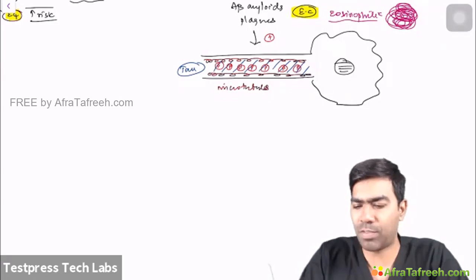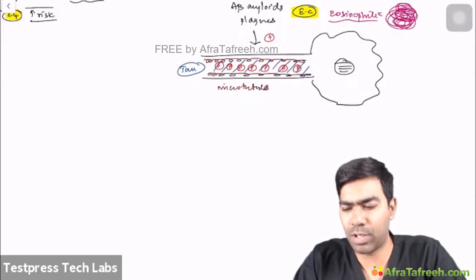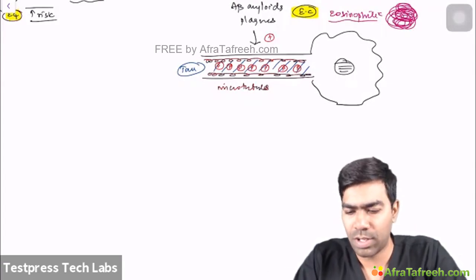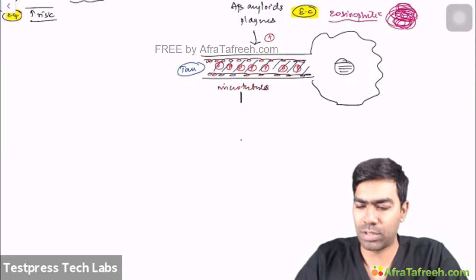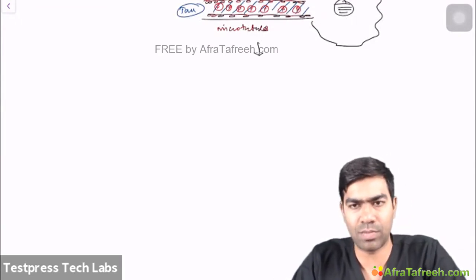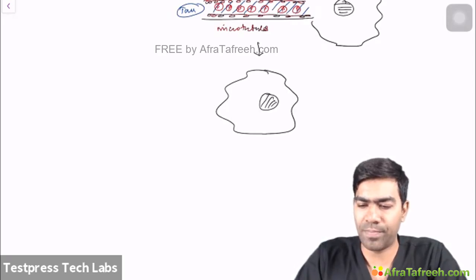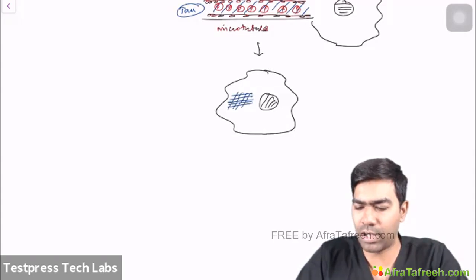And this hyperphosphorylation of tau proteins will result in detachment of the tau proteins from the microtubules. And once the microtubules and the tau proteins are detached, because microtubules are the ones that form the basic structure and integrity of the cell, you need microtubules, and the cell will collapse at a point of time. And these disintegrated and hyperphosphorylated tau proteins can be seen within the